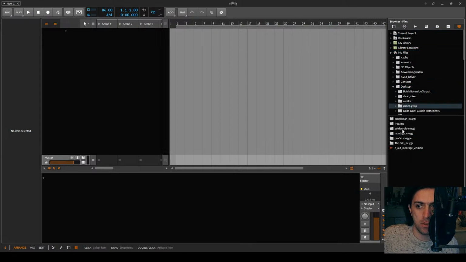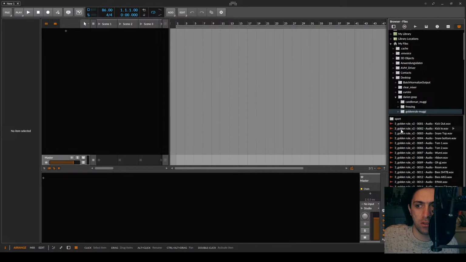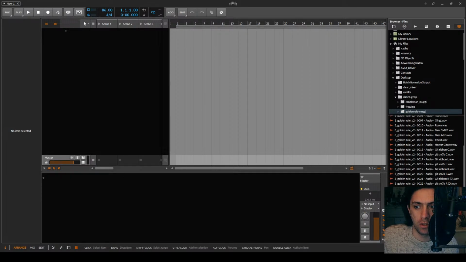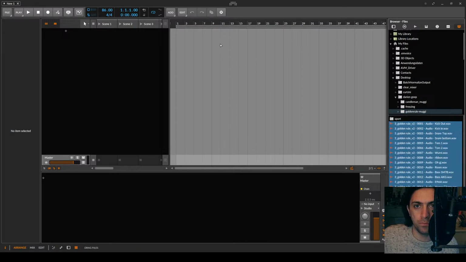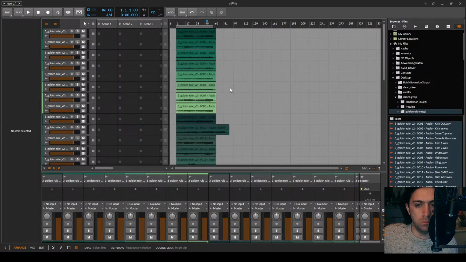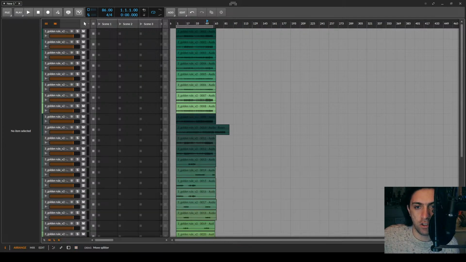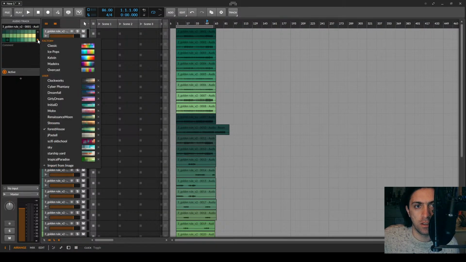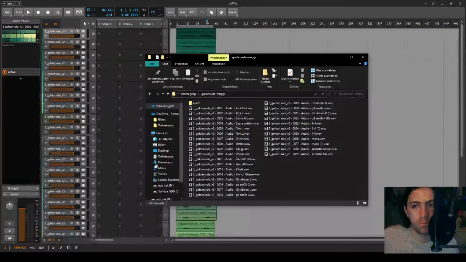So I have to mix some music of Darien Geep, which is the track Golden Rule. So I'm dragging all of these things into Bitwig. And now the first thing that I do before going on is actually changing the color scheme, because I don't want to see the same colors every time. Which one do I use this time? Maybe I make a new one.